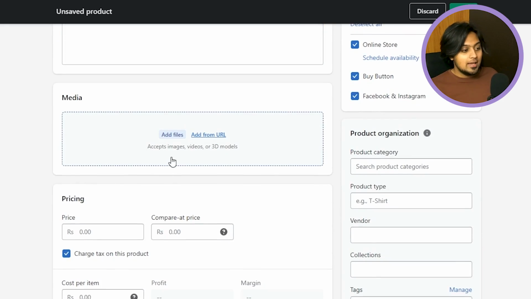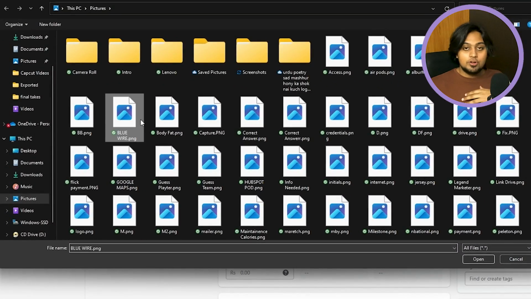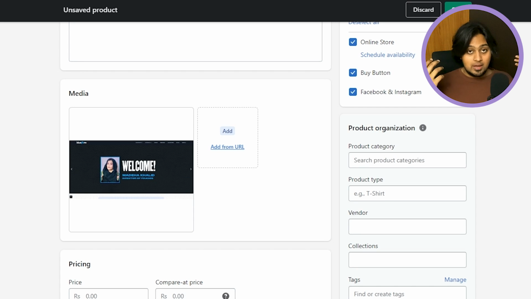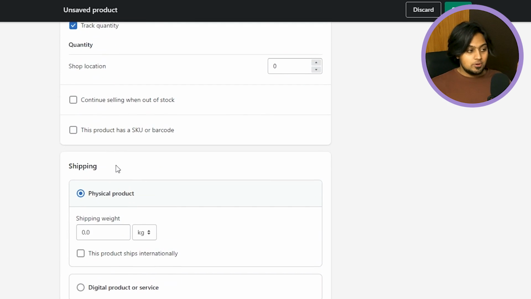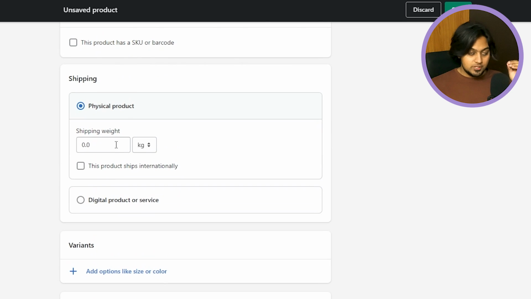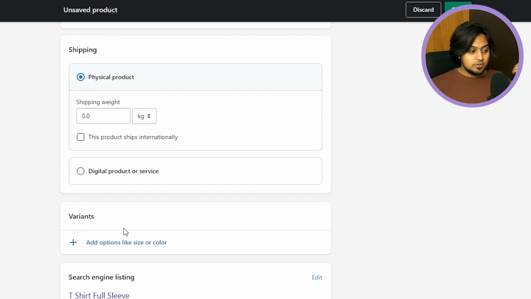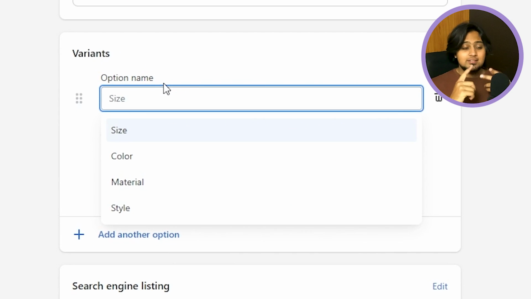Now after that, I can also add in files over here. Of course, right now I'm just adding random pictures and description, but after that you have to add in the pricing as well. Then below that you also have to add in the inventory and the shipping fee. After that, you can also add in options like size, color, material, and style, just so that you give your audience the complete options they need to order the perfect